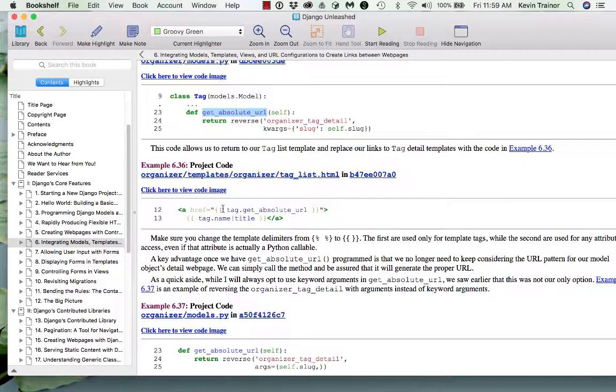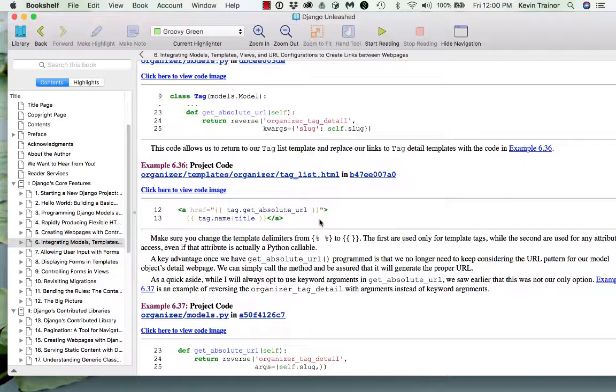In this case, it's inside of a double curly. You'll recall that if we did it directly, we used a curly with a % inside of it. Here we're using one of the double curlies. That's the other kind of template tag. And we're just saying tag, which is one of the names that's known inside of our template, dot get absolute